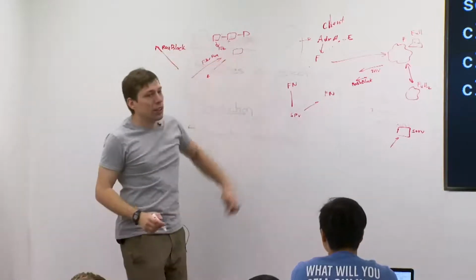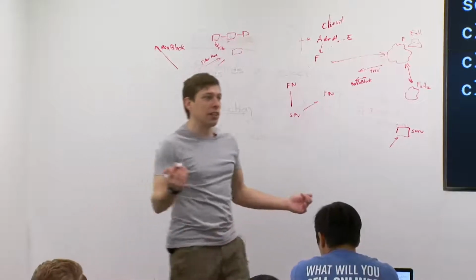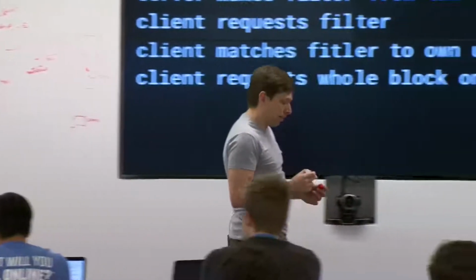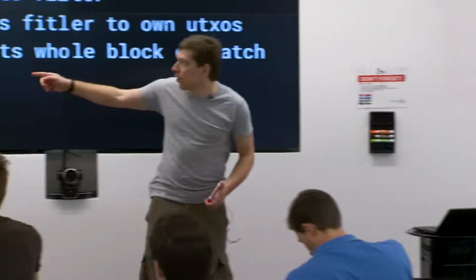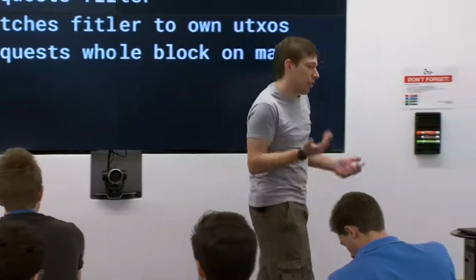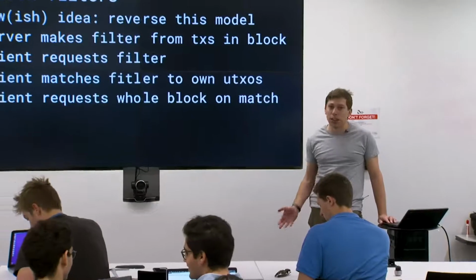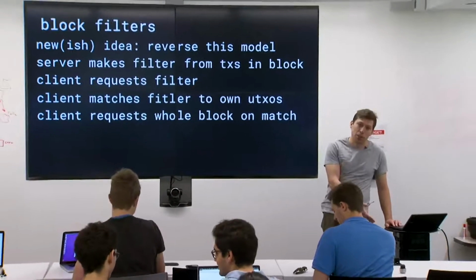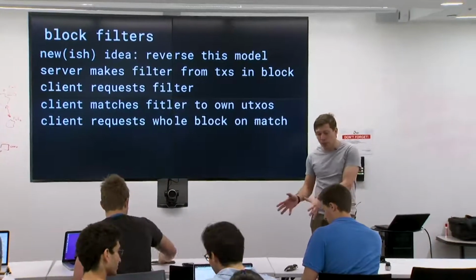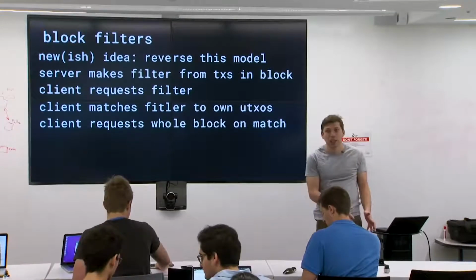So this full node knows you requested all the filters. They don't see anything else other than that. And then another full node just sees you requesting blocks and thinks nothing of it, because that's totally normal. This is a lot nicer model for privacy because the full nodes don't learn anything other. At most, they learn you downloaded this block and not this other block. So maybe you have transactions in this block, but not this one. But that's a much